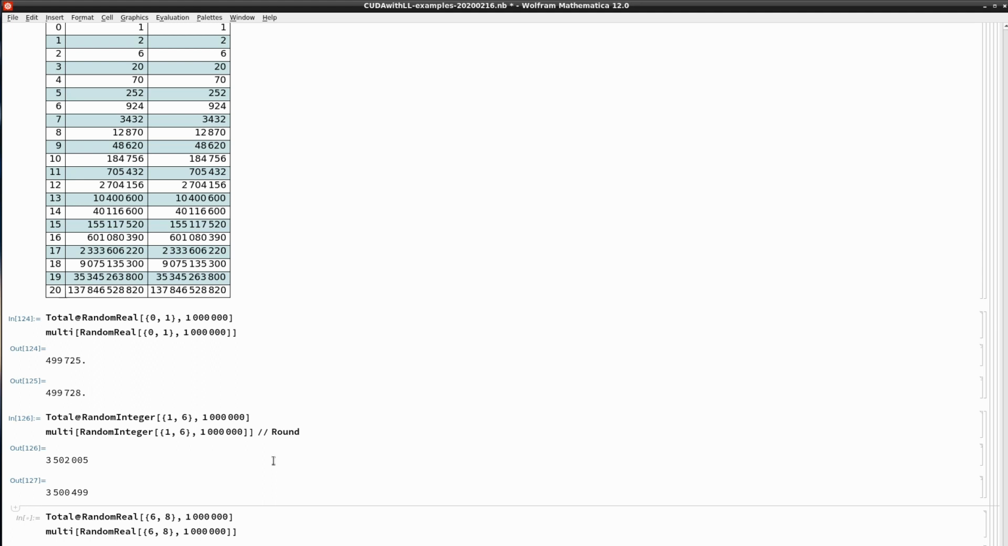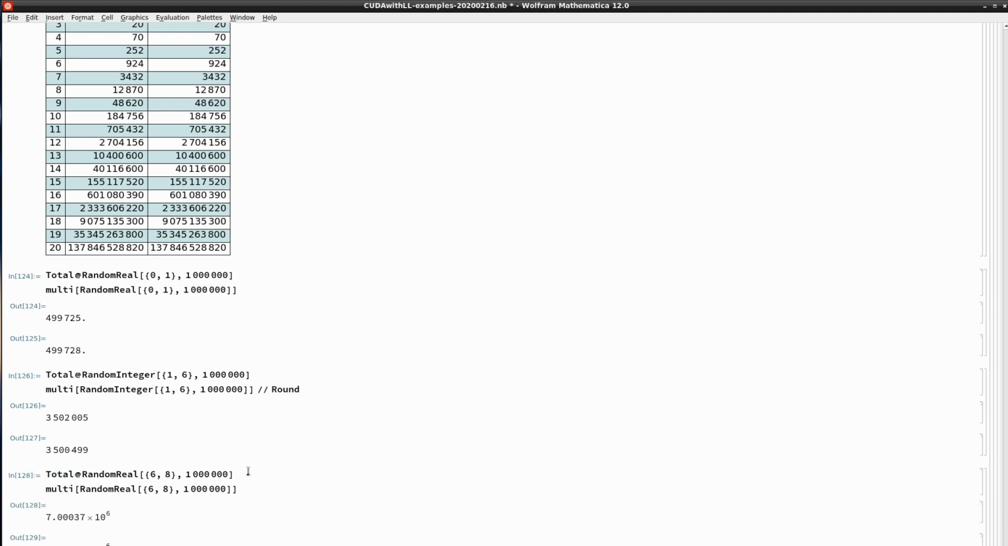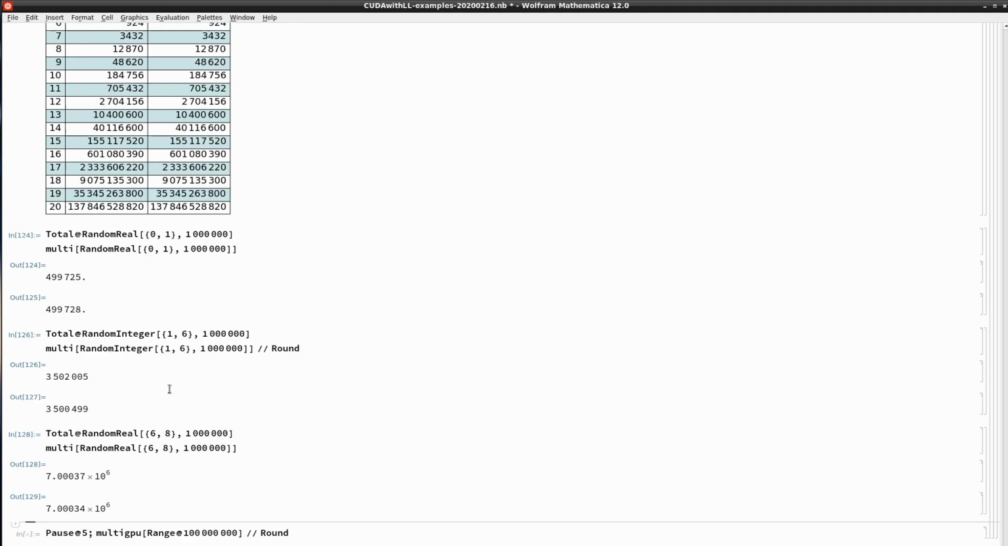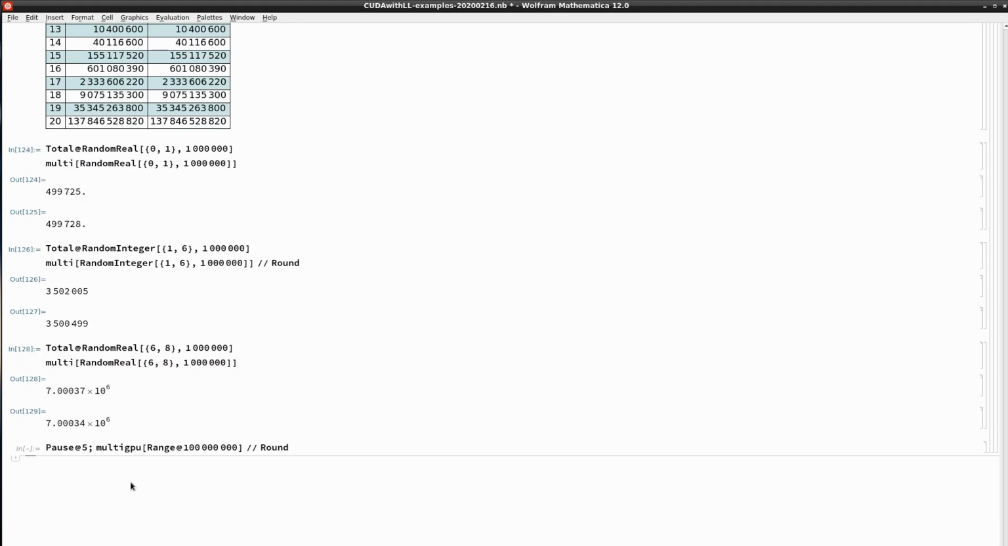When a die has only six sides, then they wonder how can it be 3.5? There is no 3.5. But for a uniform distribution, the expected value is the lowest value plus the highest value divided by 2. So for 6, this would mean 7 over 2. So if we do it 1,000,000 times, we get 3.5 million. All right, so here in this case, we should expect 7 million when we go between 6 and 8 and so forth. And a really big example that's really using all 5 GPUs, let's do a multi-GPU on a range